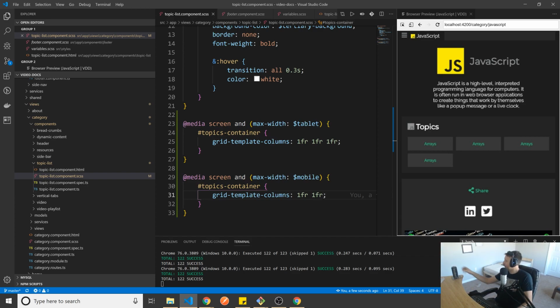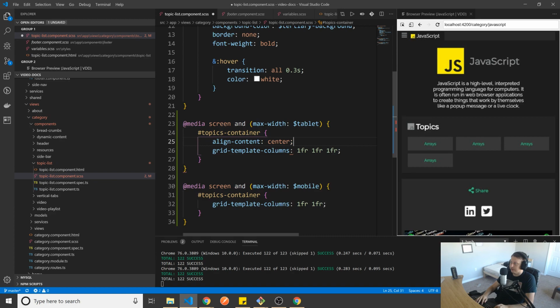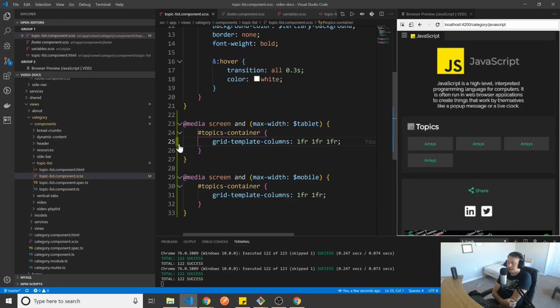Okay. One thing I'd like to do also, so let's see here, align content center. Let's see if that works. Justify content center. Yeah, I'll leave it. It's fine. Okay, so we got an idea of what it is that we're trying to do here. That's all that matters. Great. So now that we've done that,